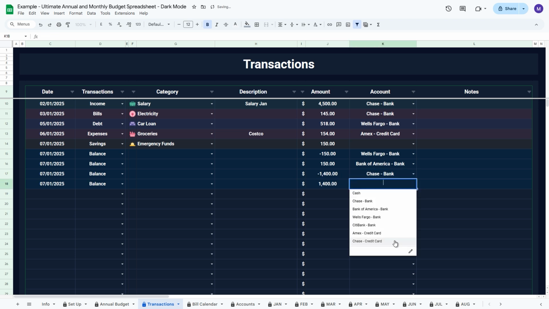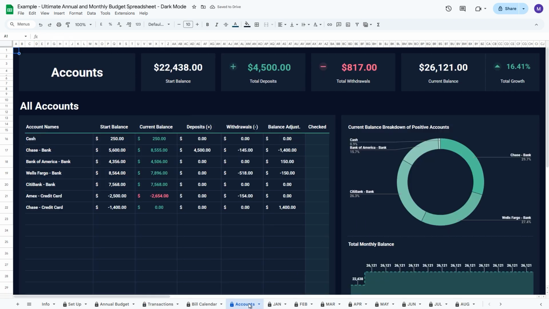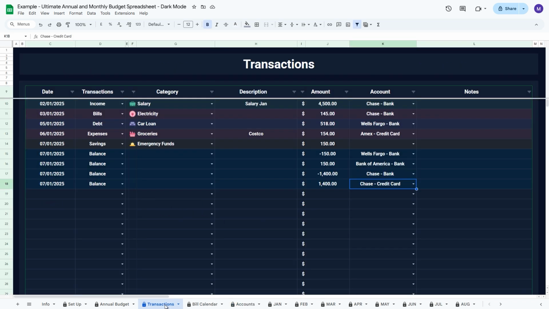my Chase credit card. In the Accounts dashboard, you can see my current balance on my Chase credit card is zero. I have repaid my credit, and we can see in the balance adjustment column that it was taken from my Chase bank account. And those are all the types of transactions and transfers you can write down in your